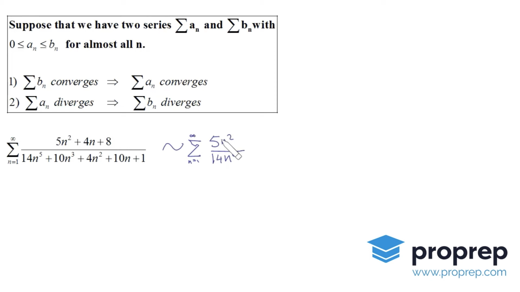And constants don't really matter. You can sort of ignore the 5 and the 14, and this behaves like n squared over n to the fifth. It behaves like 1 over n cubed. I say behaves like, I mean it converges like this one converges, and vice versa. And we throw constants and other stuff out,